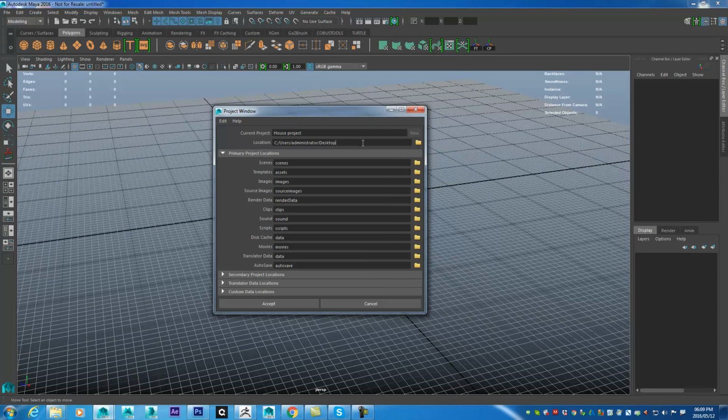And I will be saving this to my desktop with all these subfolders. Now it's crucial that you have at least the scenes folder and the source images folder. The other stuff, maybe like autosave, would be important. The rest of the stuff we're not going to use for this particular project, but you can leave it as